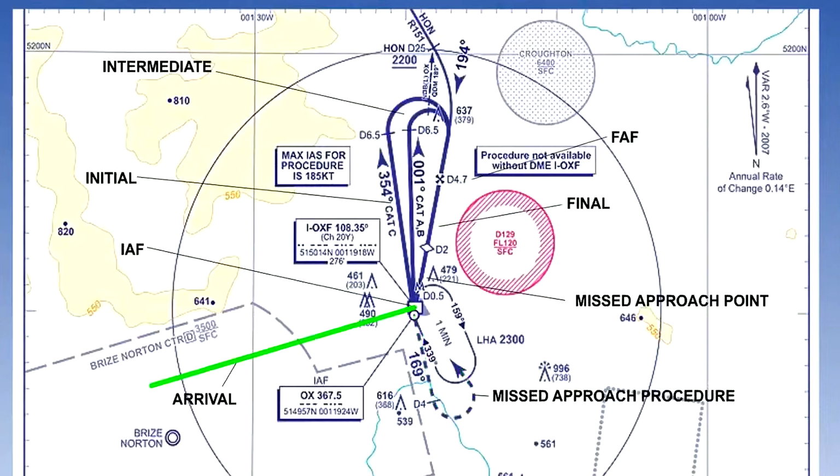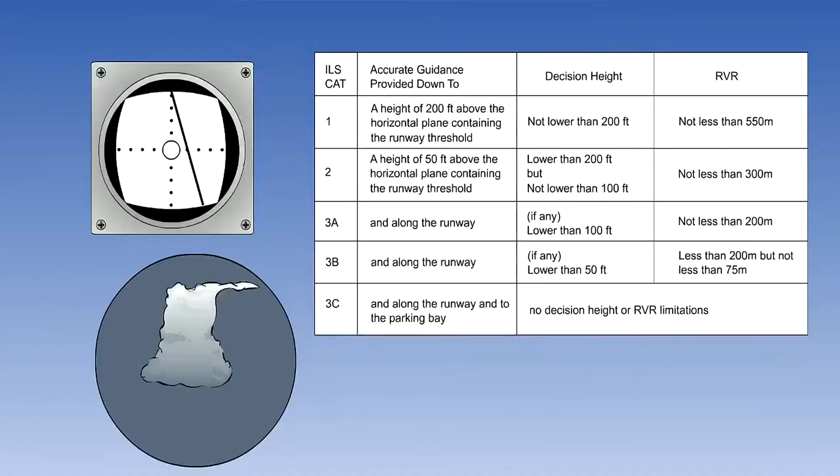We can now put these segments together. In this lesson, we have seen how to interpret the CDI and the HSI, when to fly left and right, up and down. We have seen that there are three categories of ILS with different missed approach points. The ILS transmissions are subject to the usual factors that cause inaccuracies. We have done some basic calculations and we have flown the Oxford ILS.